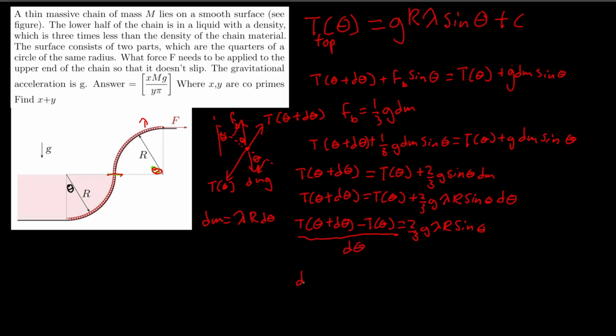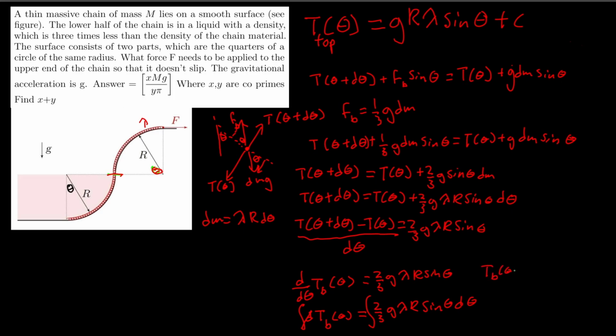Which means that the tension at the bottom of the chain, I'm going to relabel this tension as B to represent the bottom half of the chain. Taking the integral of both sides will yield T_B as a function of theta is equal to 2/3 g lambda R cosine of theta plus C,